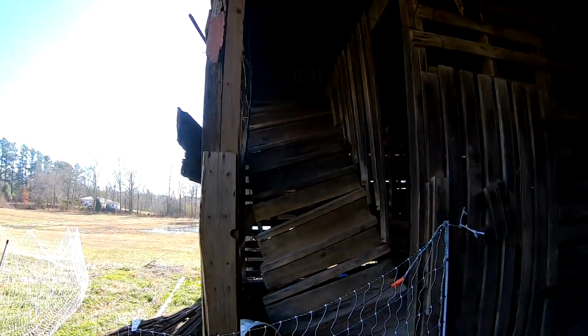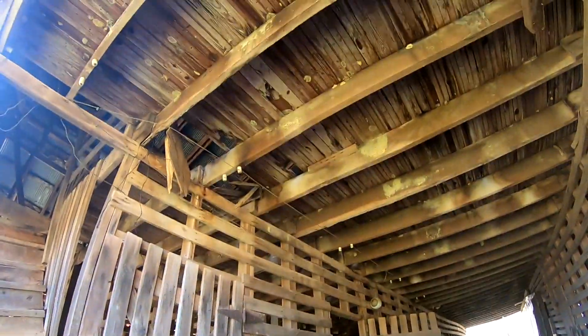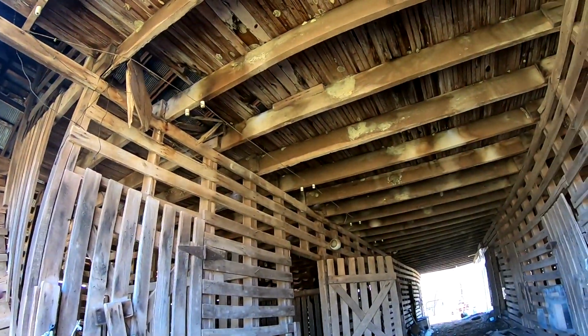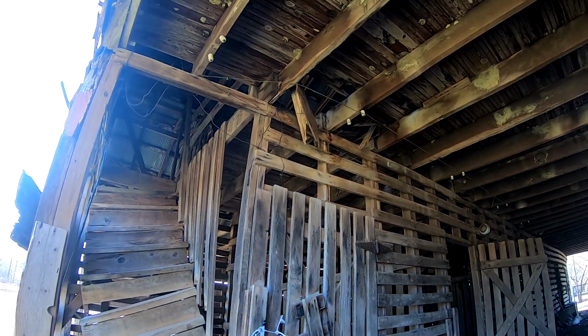So there's the stairs. Obviously need some work. I haven't been up to the second story yet. This thing was routed with some old electrical as well. Needs to be all torn down and redone. We got some solar we're gonna slap on here just for some lights, and then eventually we'll run real power